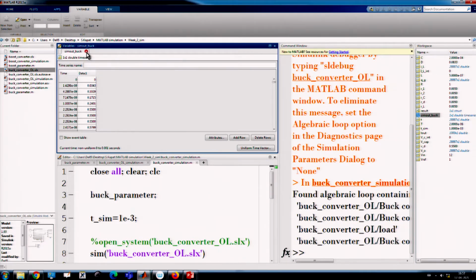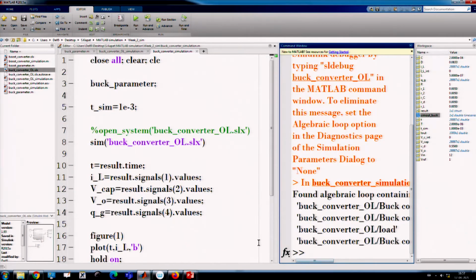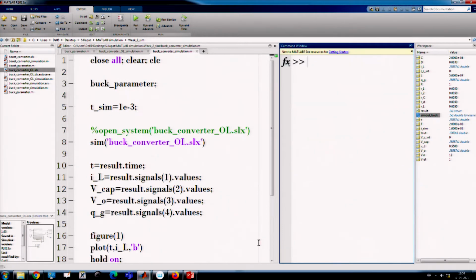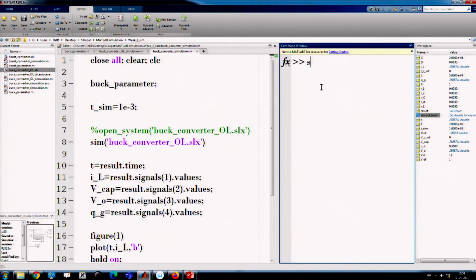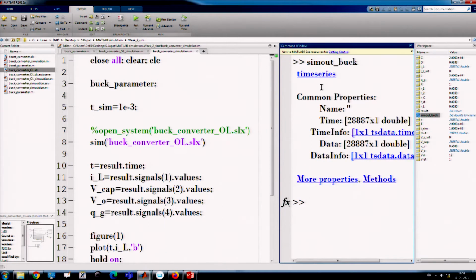Even if you type sim out, you will find the detailed description. So, it has a time vector and then it has a data element.